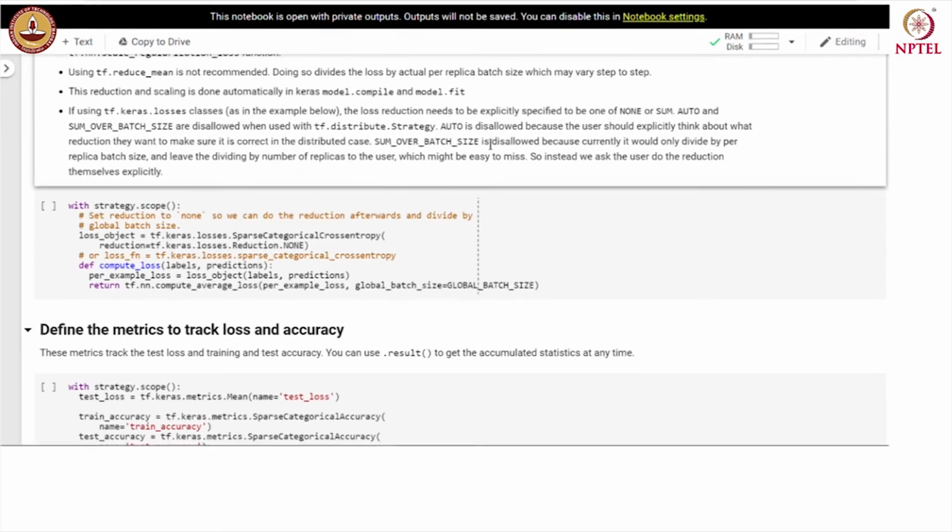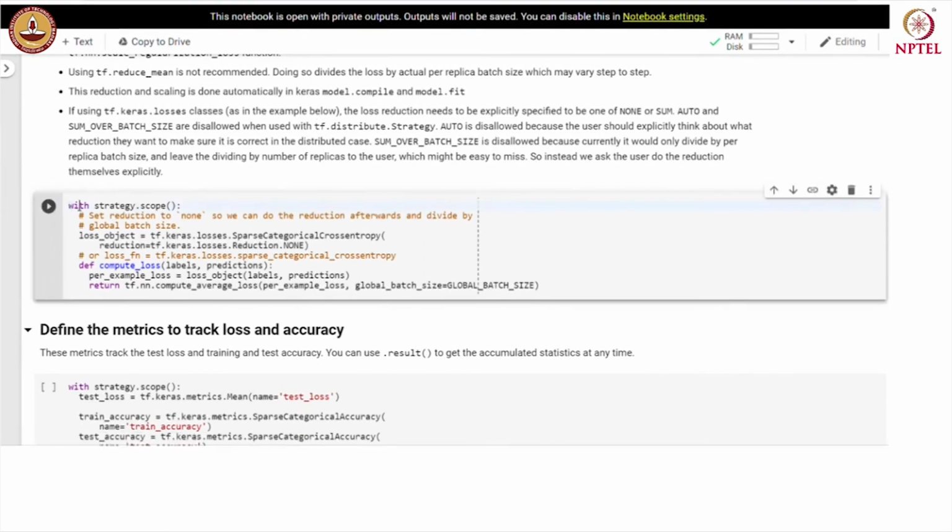So, instead we ask the user to do the reduction themselves explicitly. So, with strategy scope, here we set reduction to none. So, we can do the reduction afterward and divide by the global batch size.